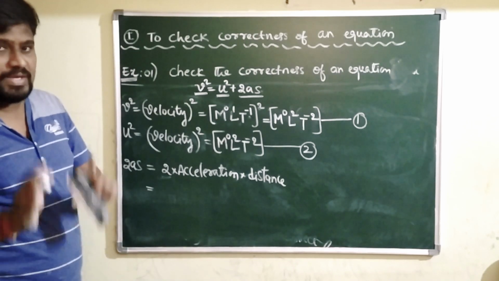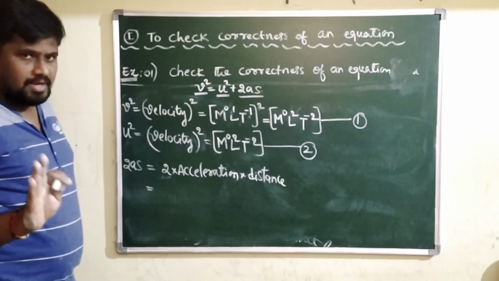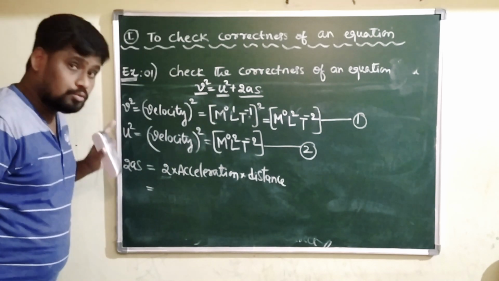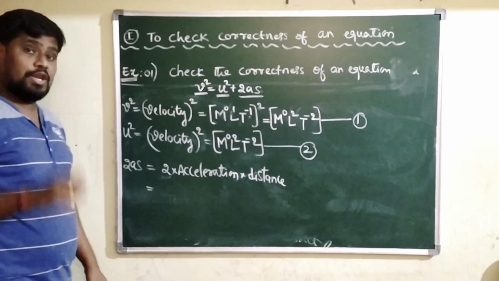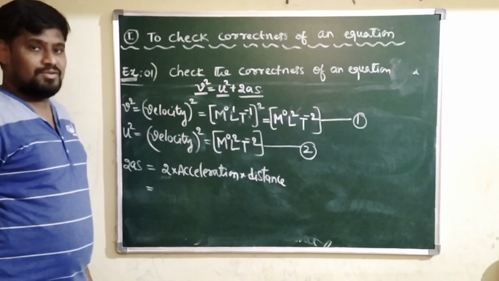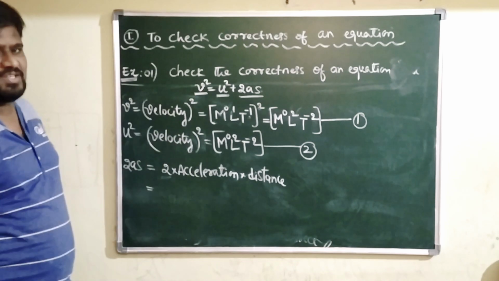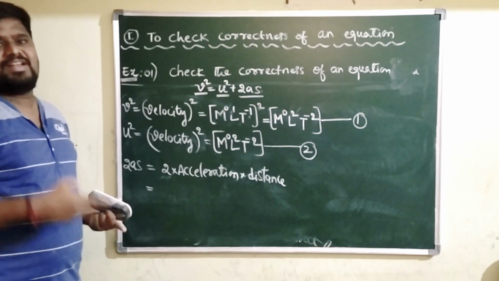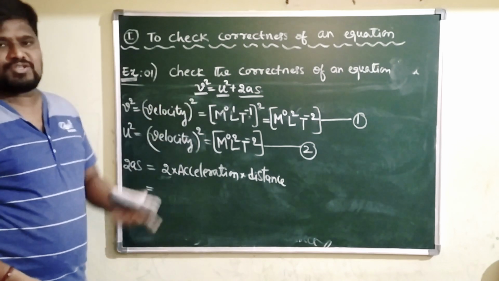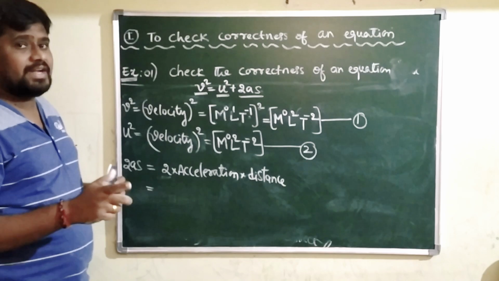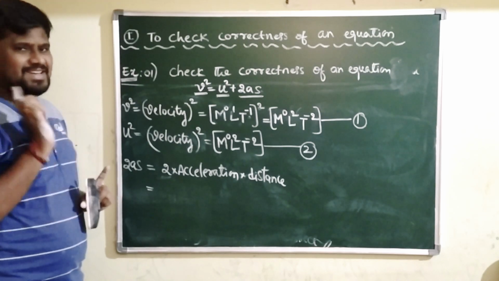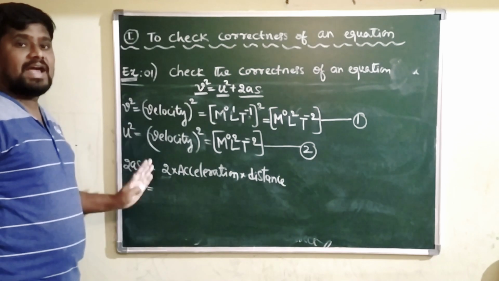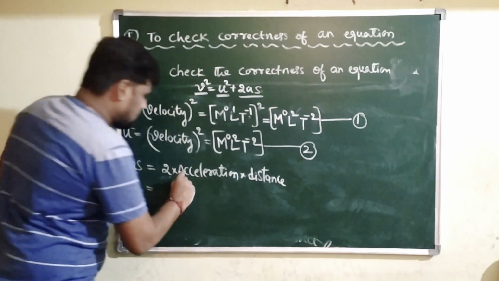Directly you can neglect it, because 2 has no dimensions. Numbers have no dimensions, so what can I do with that number? I can neglect it. But a few numbers have dimensions. Some numbers have dimensions. Those numbers we will call dimensional constants. Planck's constant is a number. It has dimensions. Gravitational constant is a number. It has dimensions. Next what? Stefan's constant, Boltzmann constant. Some numbers have dimensions, and we call them dimensional constants. But the number here is an ordinary number, so it is dimensionless. Directly I can neglect it here. You neglect 2.